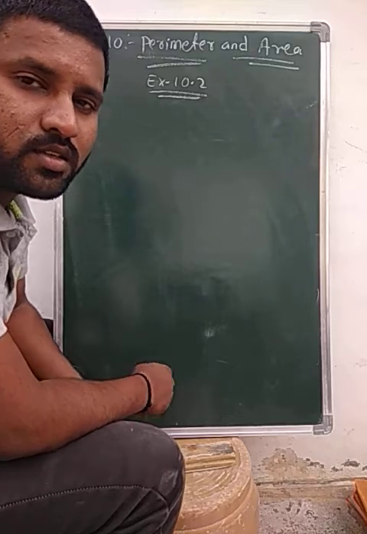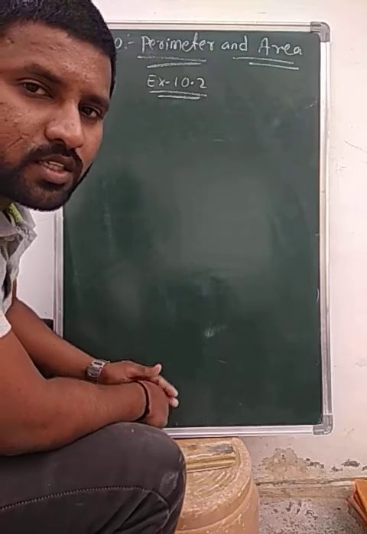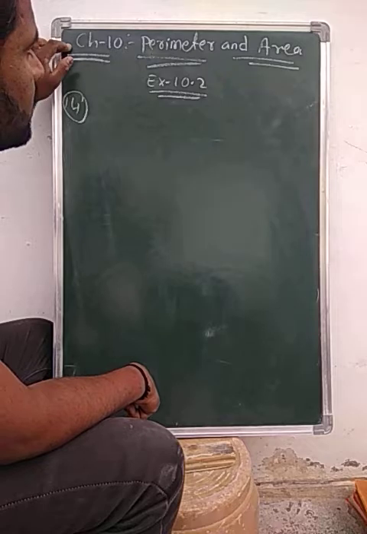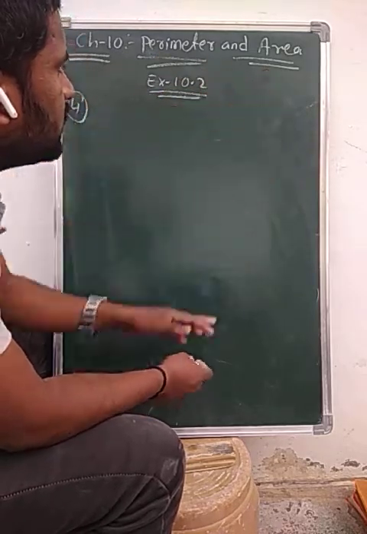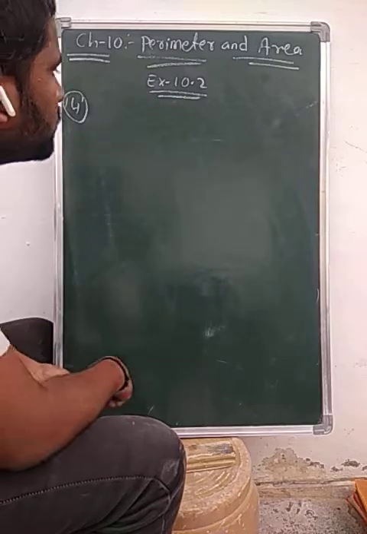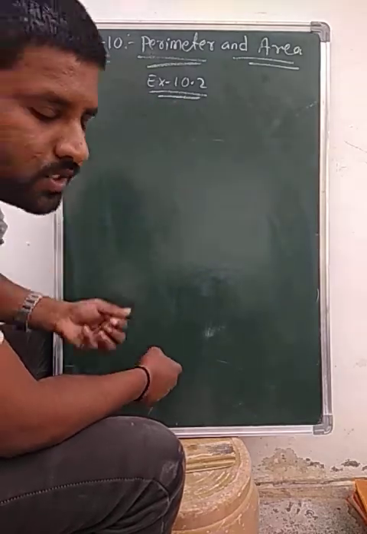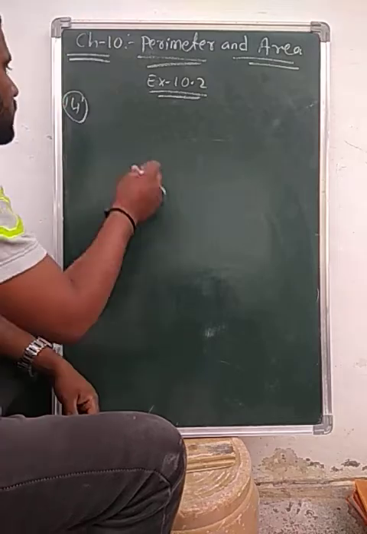Good morning, students. Today we are going to discuss chapter 10, perimeter and area. In exercise 10.2, the 14th question, the question is given: